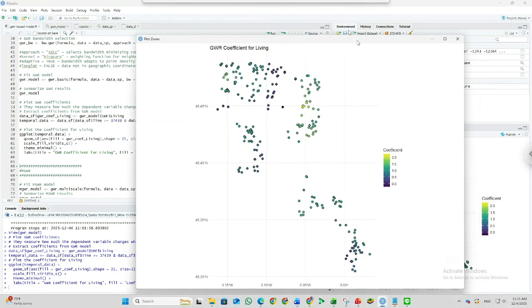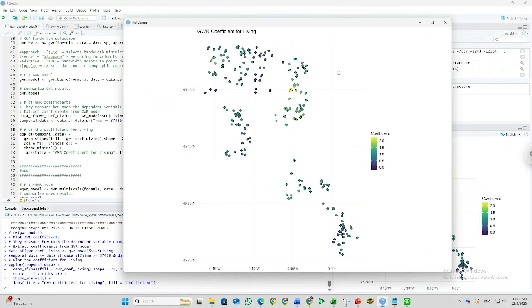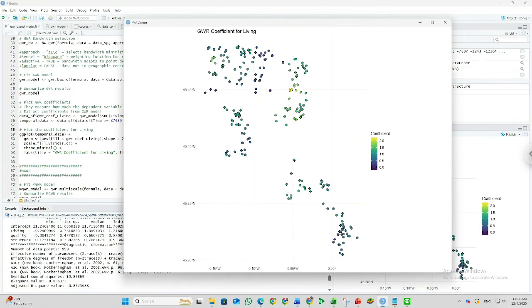Okay, this is the coefficient of the living. You can see here the coefficient is related because actually the living for the minus is just too small. The minus is from minus 0 to 0.2, but the first quarter is 0.6, 0.7.